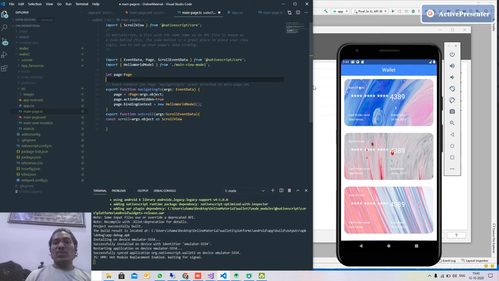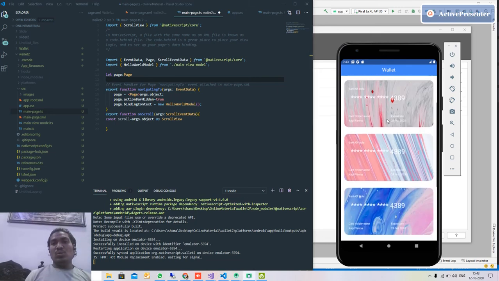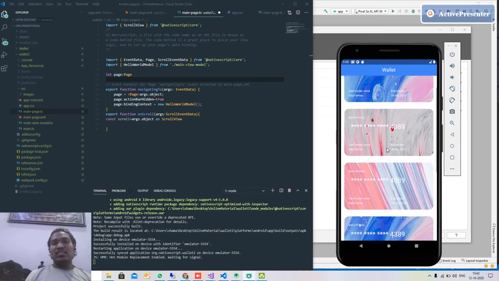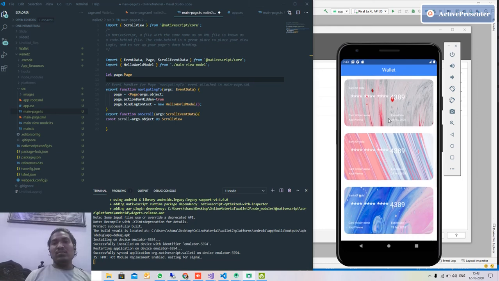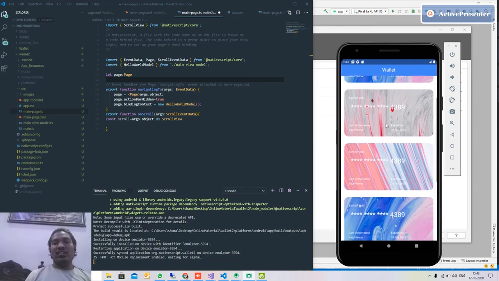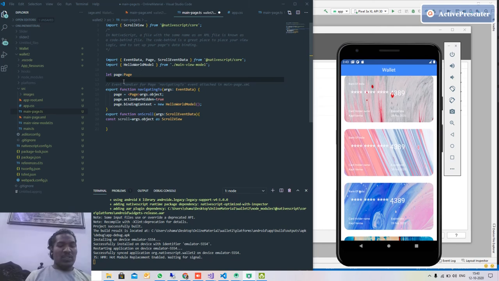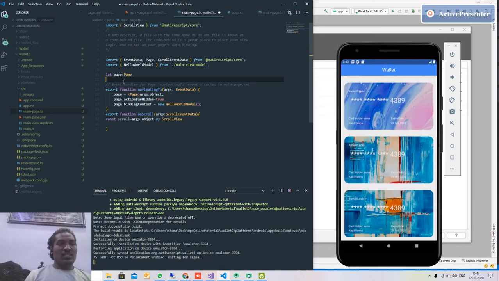Why do we need the current index? Because we want to know which index is going to be hidden, or which index is on the top. Let's find the current index. To get the current index, this argument gives us scrollX.